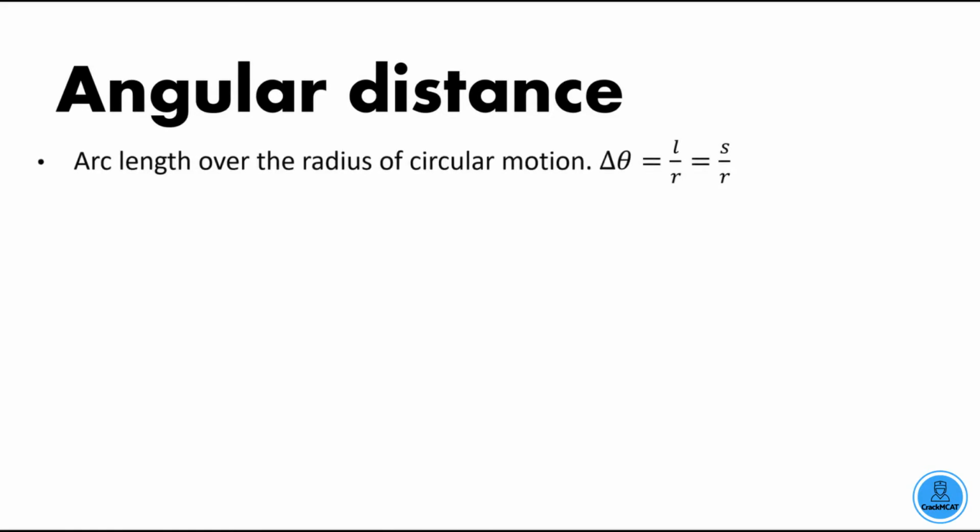Angular distance is the arc length divided by the radius of the circular